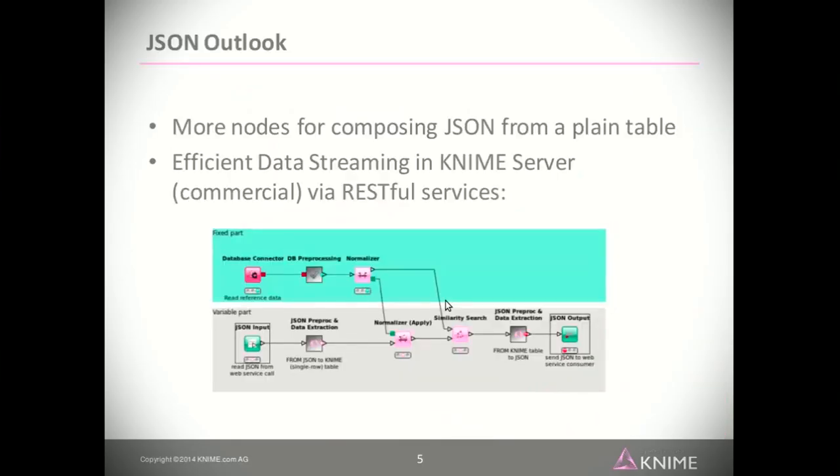So where does this journey go? In future releases, we will add more nodes to the JSON processing category, in particular nodes that also allow you to compose JSON fragments from a plain table. We will also use these JSON data types in the KNIME server. The idea there is that we provide RESTful web services which you just spawn and have available as a service